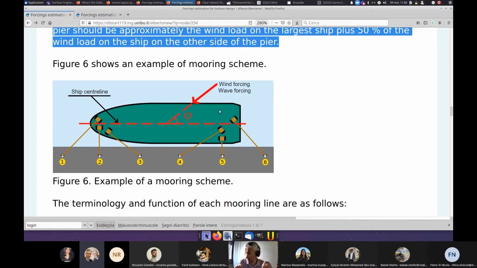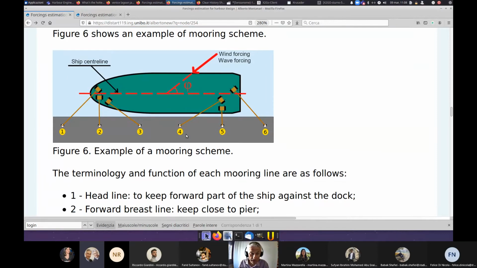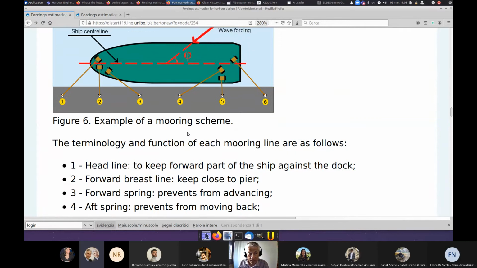And this is precisely what you see here. But what is also interesting is to look at the terminology of the mooring lines. So this is a typical configuration of mooring lines. Of course, this is not dictated by any law in force. It's just best practice in order to make sure that the ship is